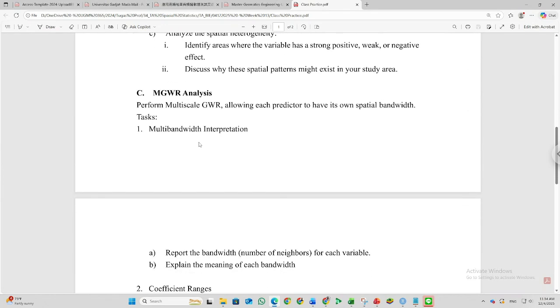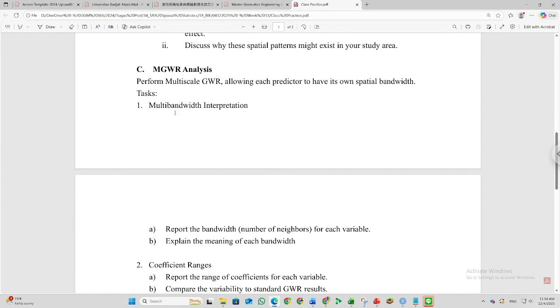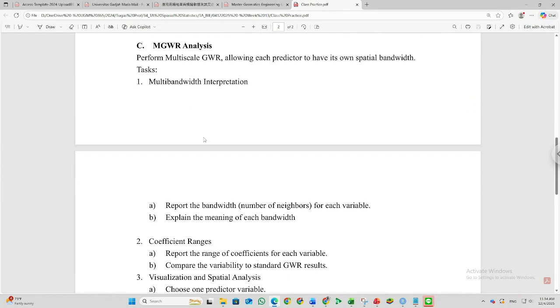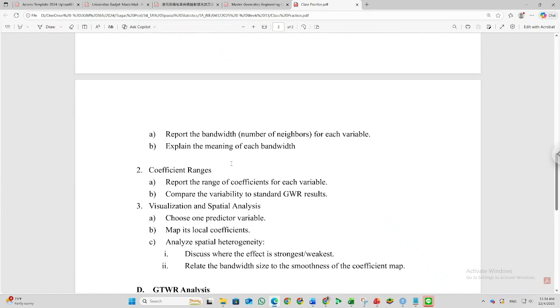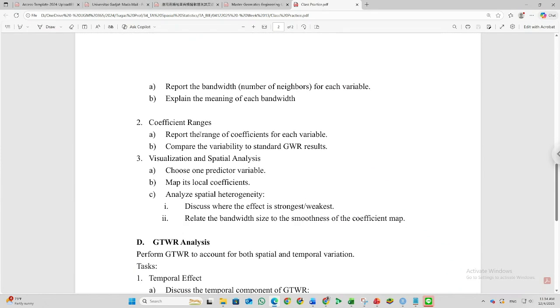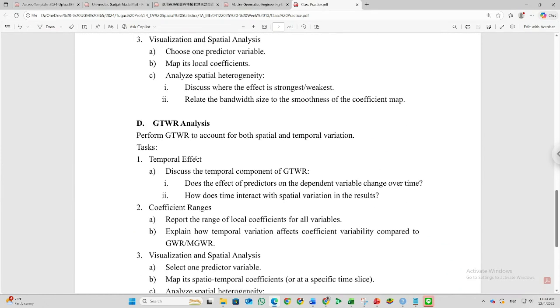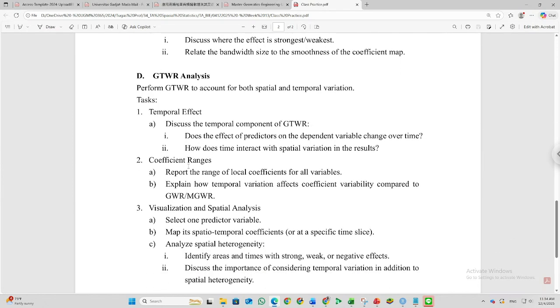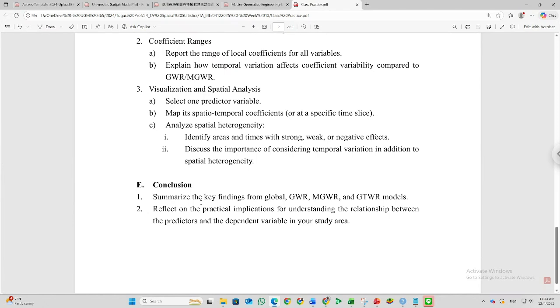For the MGWR, you need to take care of the multi-bandwidth interpretation: report and explain the meaning of each bandwidth, coefficient range, and visualize. For the GTWR, you can discuss the temporal effect, coefficient range, and visualize. For the conclusion, summarize the key findings, and then you can add the practical implication for understanding the relationship between the predictor and dependent variable in your study area.